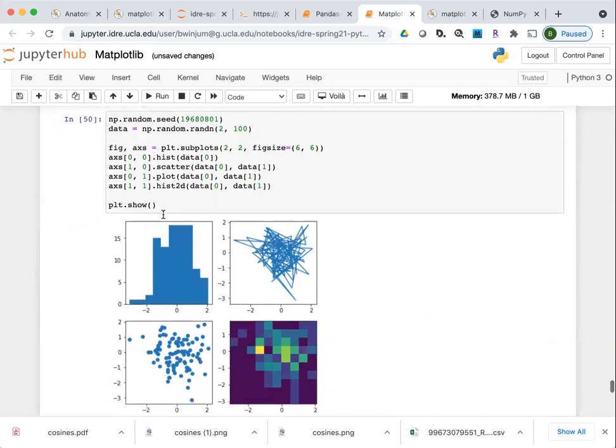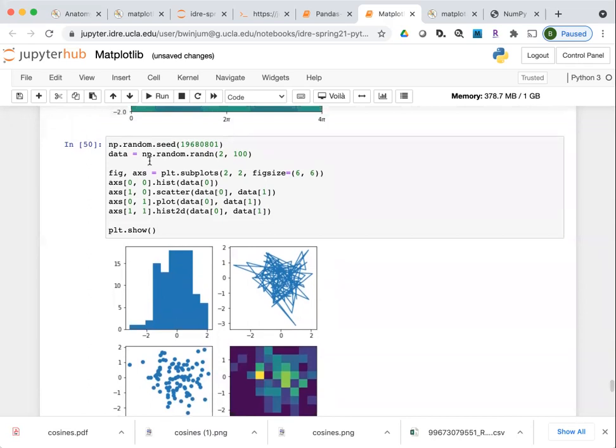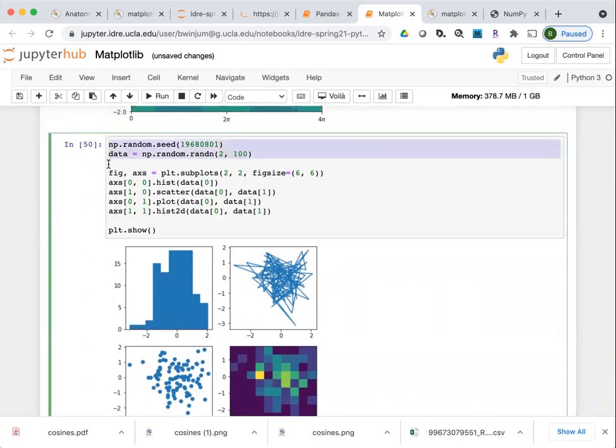This here is just to show you how to make an array with different types of plots. So in addition to calling PLT dot, whatever type of underlying graphic you want to generate, you can do the same thing with the axes object. Here, this generates the data. It's just random data in 2 dimensions with 100 points. This generates the figure and the axes objects. Now we have 2 rows and 2 columns. So with 2 rows and 2 columns, you have to pass in both the row and the column to the particular axes object that you're interacting with.